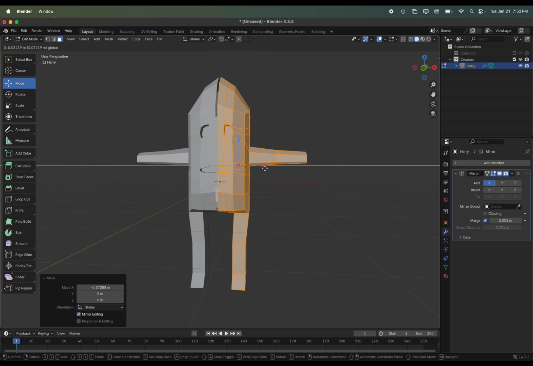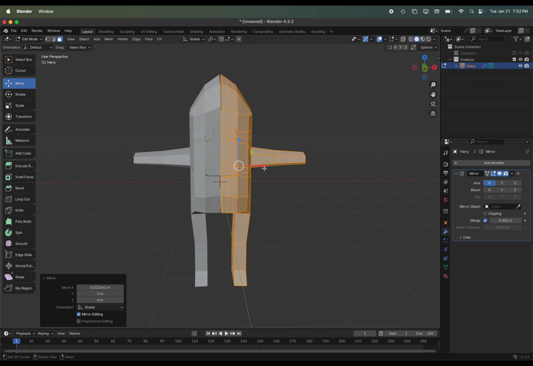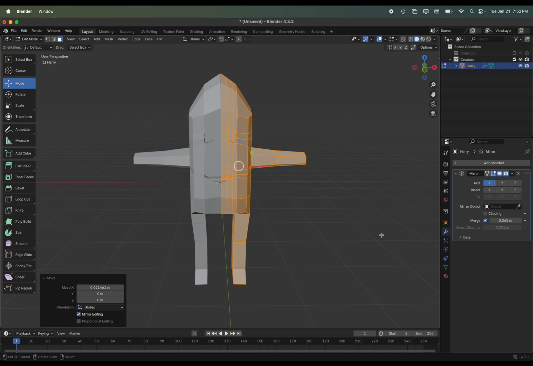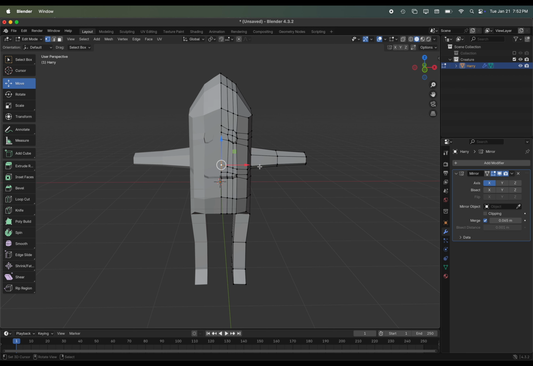If I have a little bit of a gap and I don't want to move it closer together, I can come over to the merge distance and just increase the number right there, and that will just make it join together. Or if there are parts of the mesh that aren't joining but parts are, then I just want to actually adjust the individual vertices so that they join together where they should. So a few different ways that we can make corrections there.